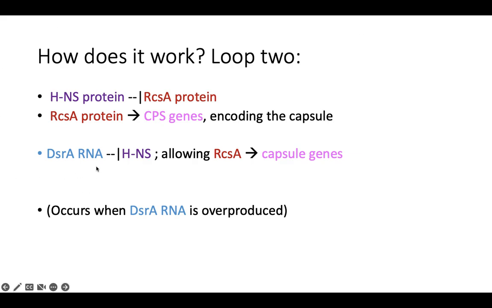So what our DsrA RNA does, and specifically this function can be attributed to the second loop, it will counteract the action of H-NS, and it will allow RcsA to activate those capsule genes. This is something that occurs when DsrA RNA is overproduced, and we're not really going to dig into the mechanisms behind this in today's presentation. We're mainly going to focus on loop 1